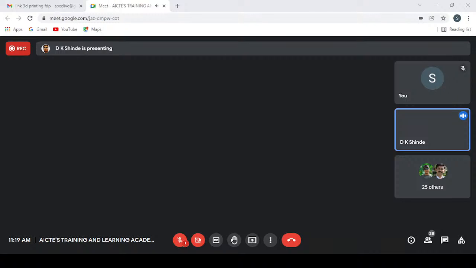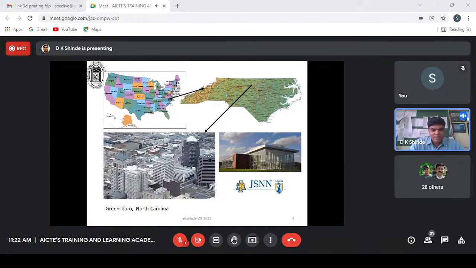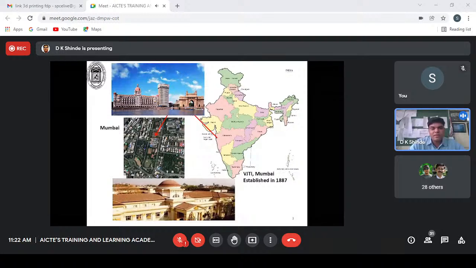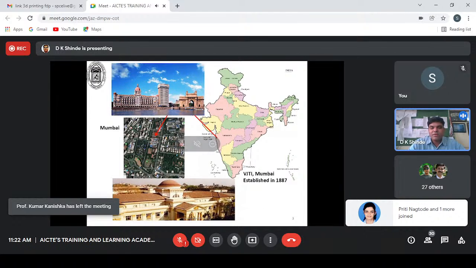VJTI was established in 1887. This is a very old institute in Mumbai, which also gave birth to many IITs. IIT Bombay was also established by VJTI faculty, and the director of IIT in the founding year was from VJTI. So this is a very old institute. Earlier it was called Victoria Jubilee Technological Institute. In 1999 it was renamed after the mother of Chhatrapati Shivaji Maharaj, Veer Mata Jijabai, and now the